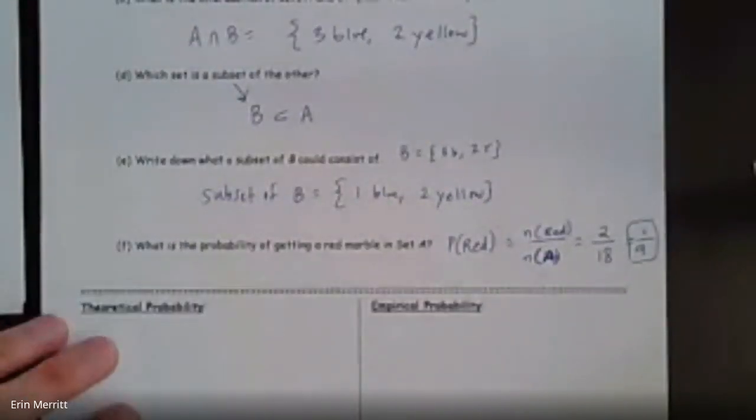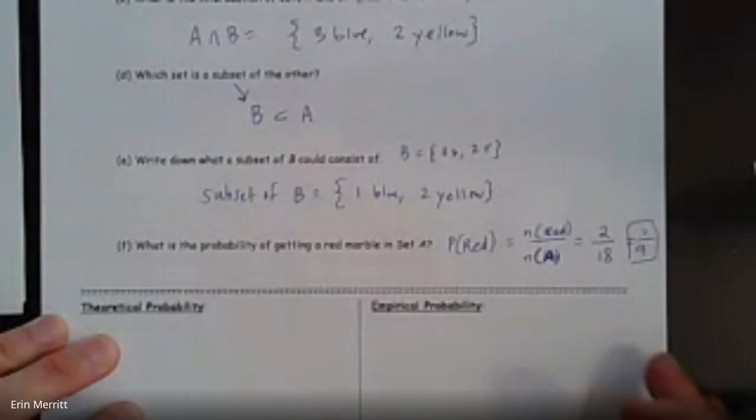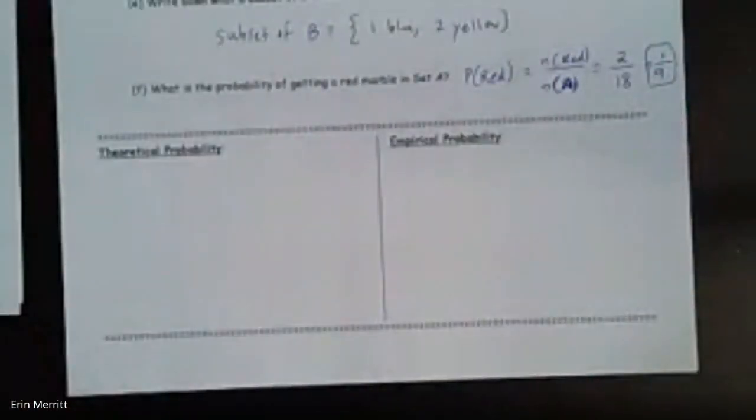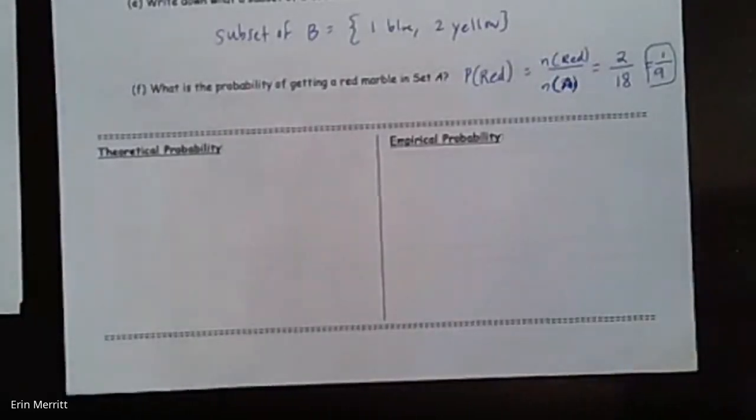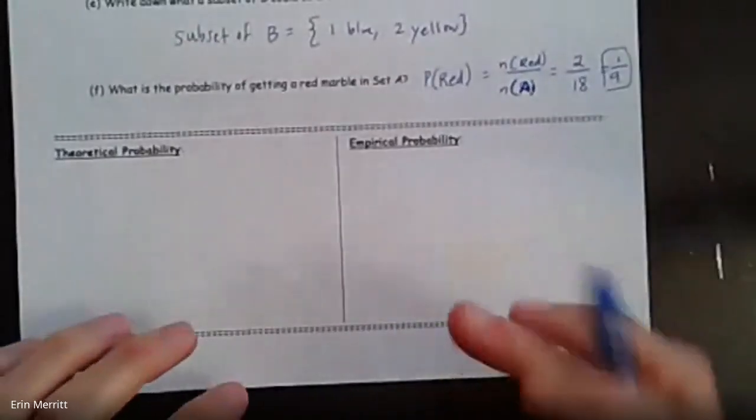All right. So what that brings up is what I mentioned a little bit earlier. That is the theoretical probability, saying in theory, that's what should happen. That's the likelihood of it happening, all right? Versus an empirical probability. That's if you actually do a trial and error and see what happens. Right? Let's straighten that out a little bit.